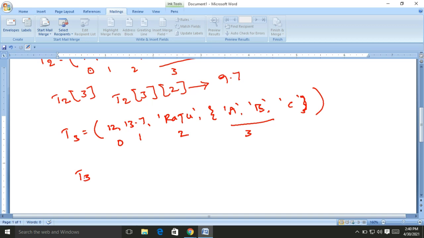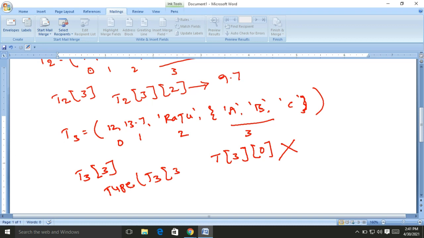To access the set, we call T3 of 3. But accessing the elements of the set with indexes is not possible. Suppose, to access A, B, or C, we write T3 of 3 of 0, it will generate an exception. That means it is wrong. But if we check the type of T3 of 3, it will print set.